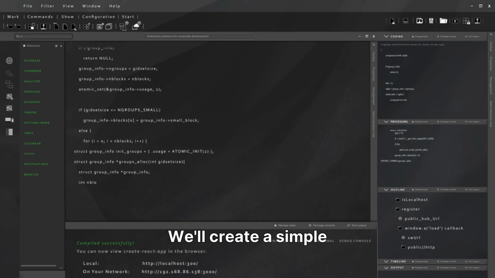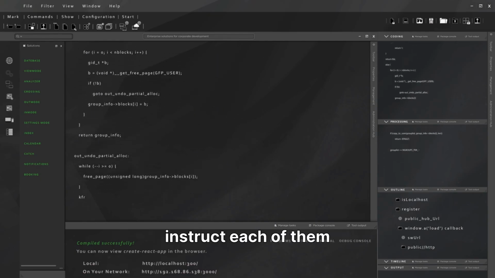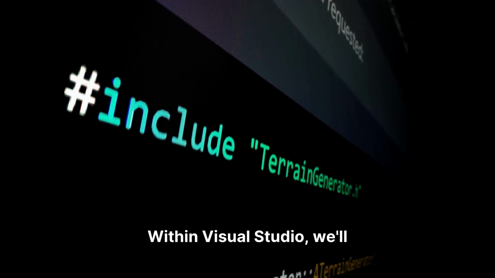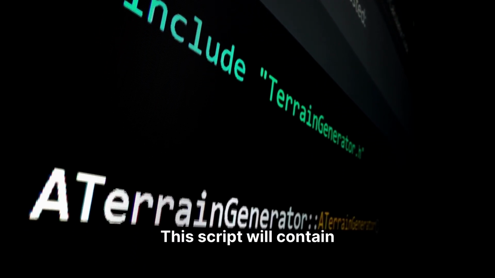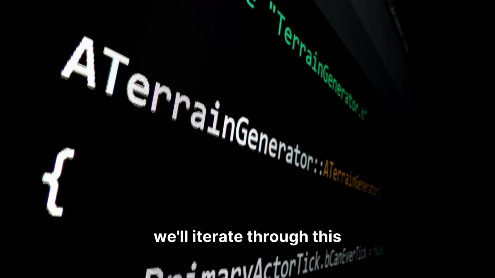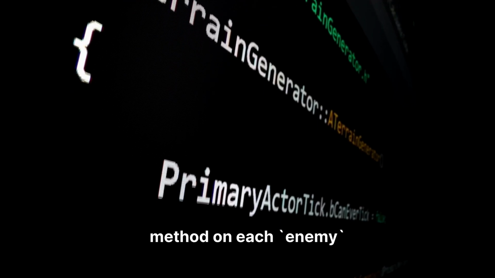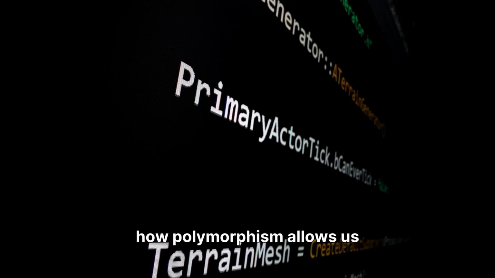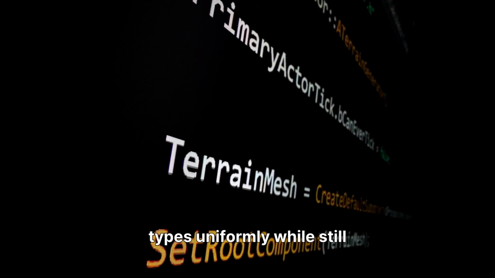We'll create a simple spawner script that will manage a collection of enemy objects and then instruct each of them to perform their attack action. Within Visual Studio, we'll define the enemy spawner.cs script. This script will contain a list of enemy objects. In its start method, we'll iterate through this list using a foreach loop, calling the attack method on each enemy instance. This setup will demonstrate how polymorphism allows us to treat different enemy types uniformly while still executing their